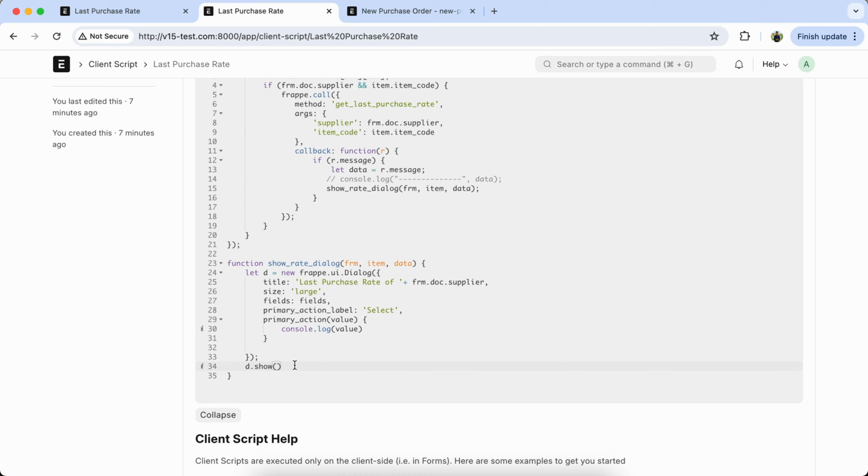I think it's some spelling mistake. Copy and paste it. Select the supplier. Select the item code. So the label is coming properly. Also the last purchase rate is coming properly. Select the rate. So all rates are coming, but